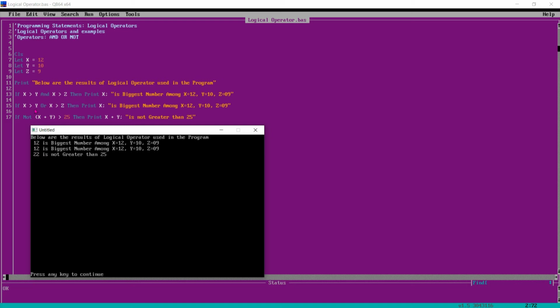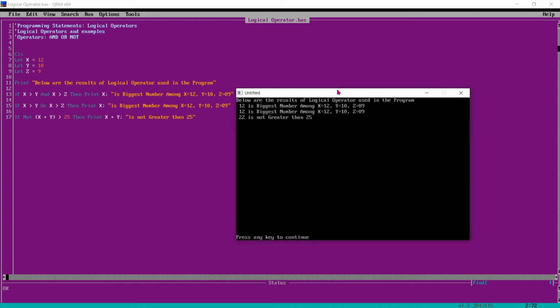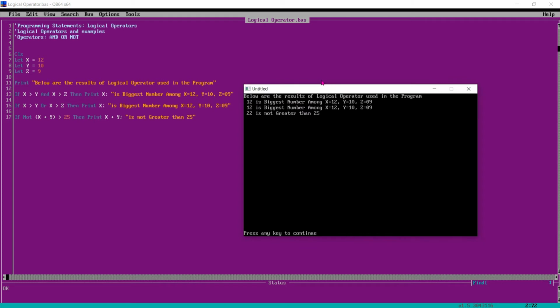For x greater than y or x greater than z, because this is 10 or 9, 12 is greater than 10 and 9, so it is printing that it is the biggest number. Now x plus y means 12 plus 10 is not greater than 25, so it is printing correctly.